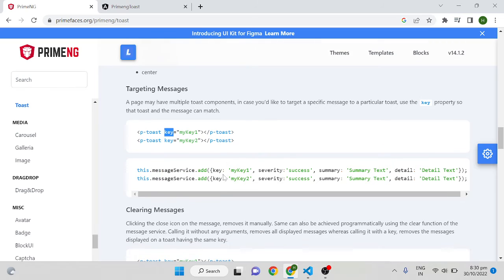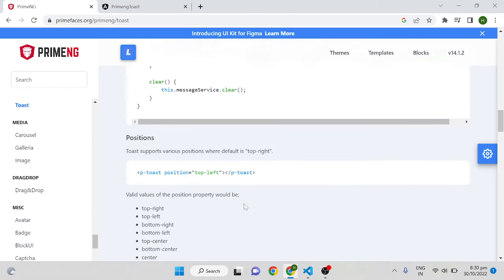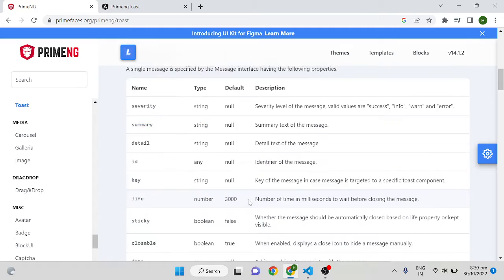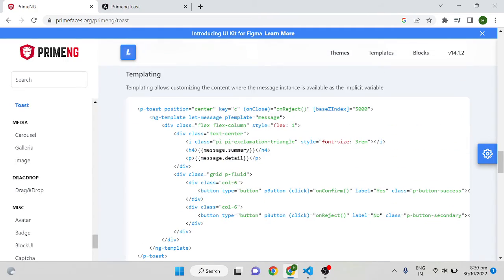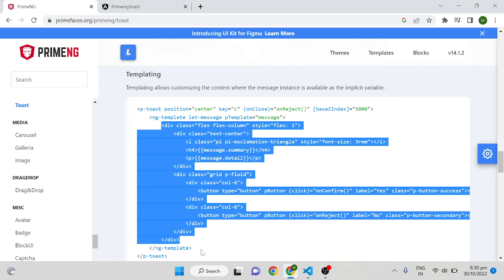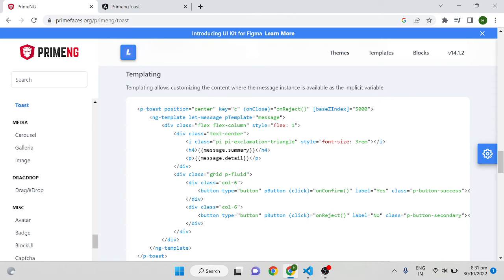Okay, so if you go to this, here it is showing a P template message, and they are taking the message from the message service, and whatever format you need, you can wrap it inside the NG template. So I am just copy pasting everything, and the position is sender. They are putting a single key like C, and on close they are putting a function, and